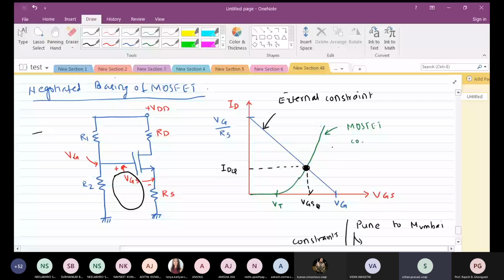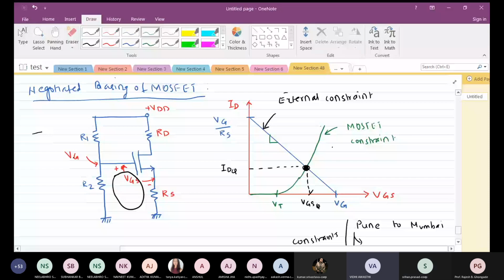To put it another way, can the voltage, can the current flowing through the resistor RS be anywhere else than this line? Anywhere other than this line? Is it possible? Because this is decided by the slope. So the maximum possible values of ID will all lie along this line if it is considered separately. Is it clear? Yes, sir.